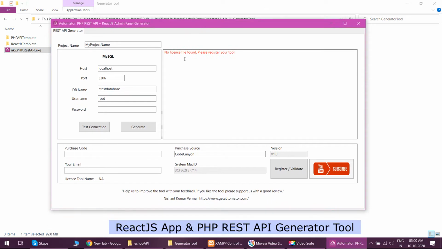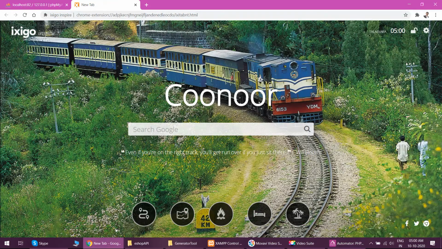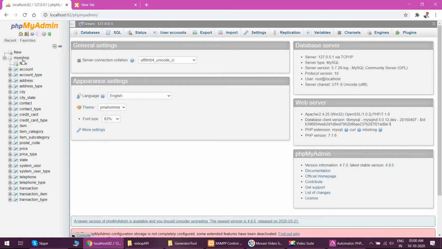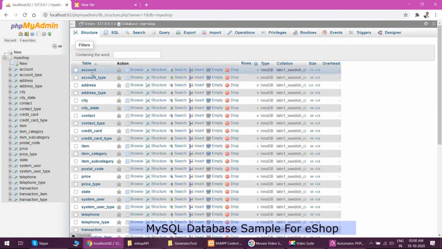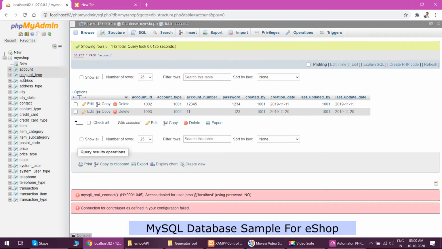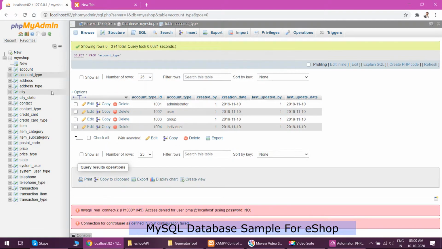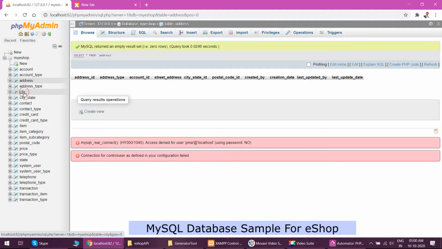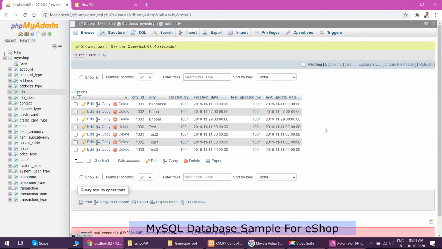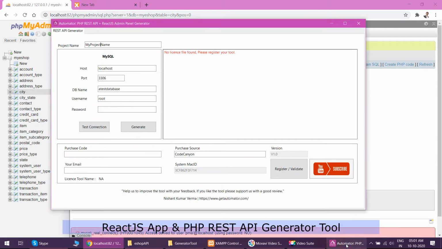To generate we need a project name, then the MySQL host name, port number, database name, username and password of the MySQL connection. I am running an XAMPP server on my localhost, so I have hosted a sample database, ESOP, which will be used for generating our React.js app. It's a sample database downloaded from the internet, so it has foreign keys, primary keys and some data. I will start the generator tool